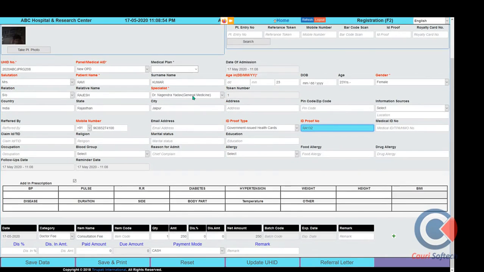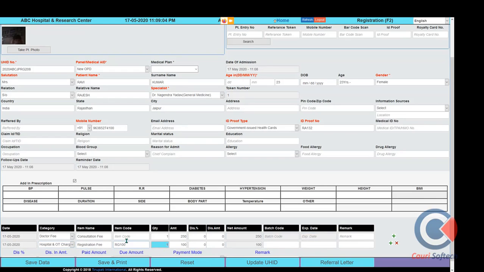As you can see, according to the doctor's selection, the consultation fee is charged automatically by the system. The time and date are automatically received from the system. If we are charging a registration fee, this also comes from the system. If you would like to record the BP and pulse rate of the patient, we can put them here, and that entry will later come into the prescription automatically, digitally, using the patient information here.